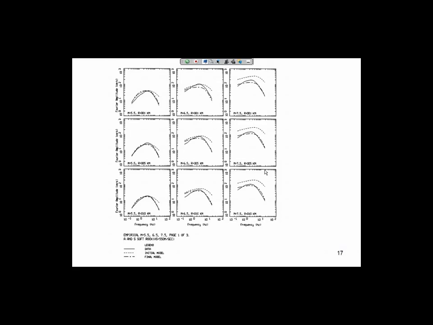So those are basically the 3 parameters we're fitting. And you can see where this shows a fairly good fit on both magnitude and distance. As for very close in, the farthest one to your right, the top is a magnitude 7.5 at a distance of 1 kilometer. The Abrahamson and Silva model, we did all 4 models, shows the worst fit in this particular analysis. The Boore and Atkinson shows the best.